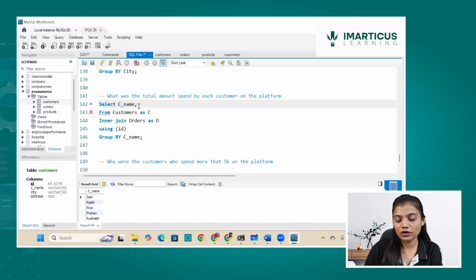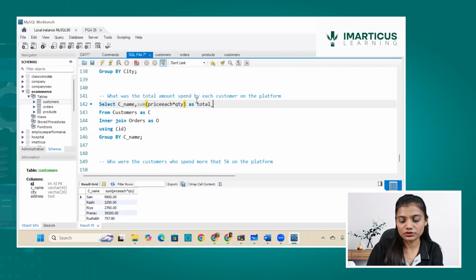Now what I want, I have price of each product into quantity, because quantity is there, and that's one thing. Now I will write sum of this. Total is what I want to find. So this is the sum which is being gathered over here. Sum as, I can write total amount. And you can see it is showing me the total amount spent by each customer. So how much was the total amount spent by each customer? You can see it from here.